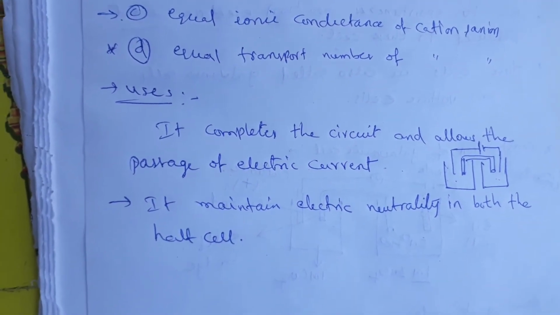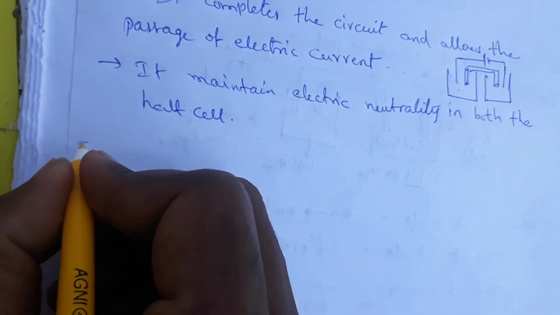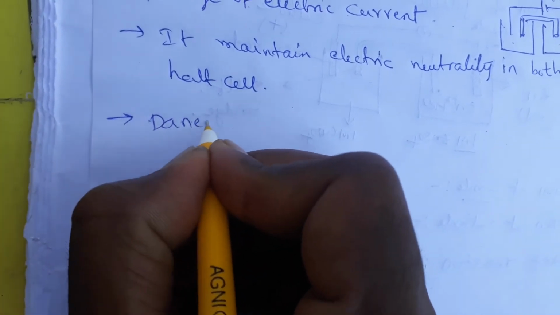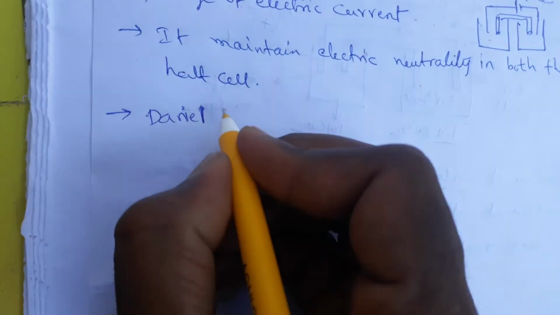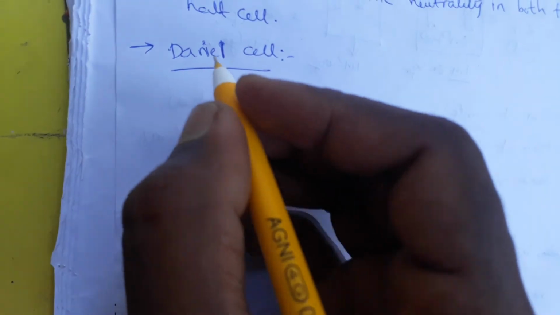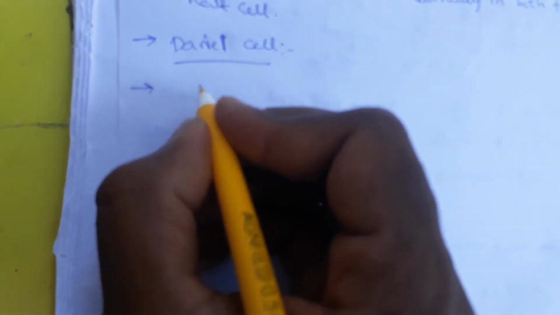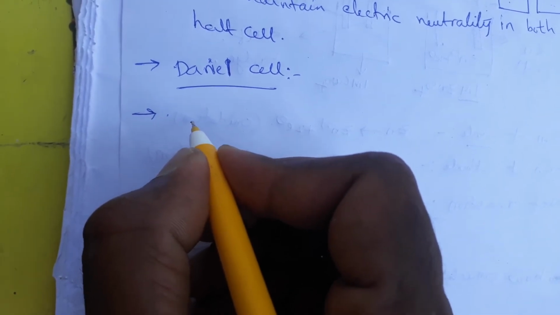And if you see the Daniell cell, the Daniell cell is also the same as the galvanic cell, but the salt bridge is replaced. Sometimes you become confused with the Daniell cell, so this is very easy. Both the galvanic cell and the Daniell cell are equal, but in the Daniell cell the salt bridge is replaced with some porous material.